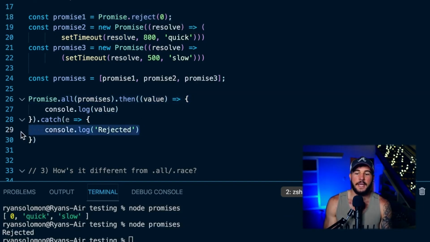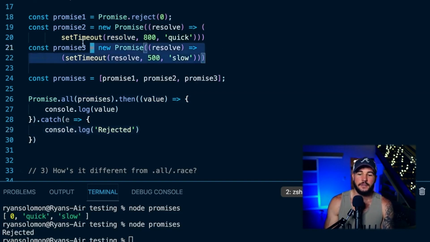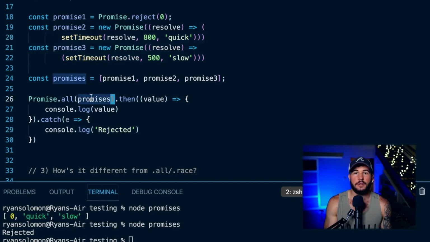I no longer get an array of these fulfilled promises here because my promise array had a rejected promise in it. So that's going to reject all of them, and it's just going to go into my .catch method. So with Promise.all, if you have a rejection, it doesn't return the fulfilled values. But if I use